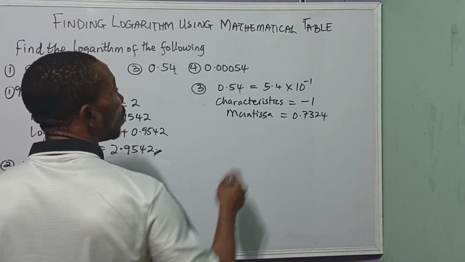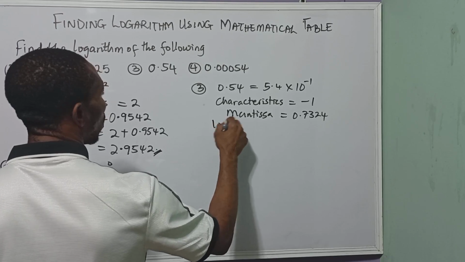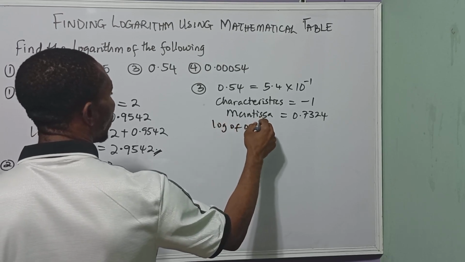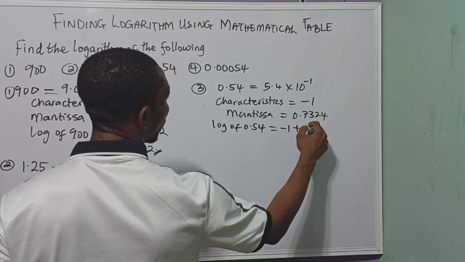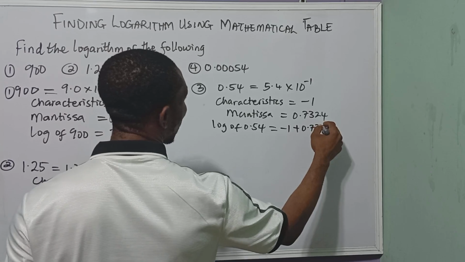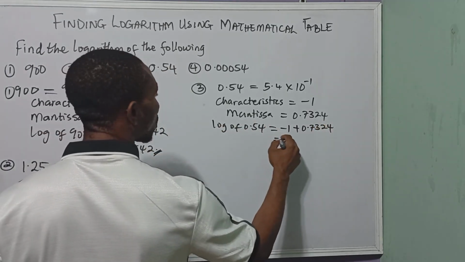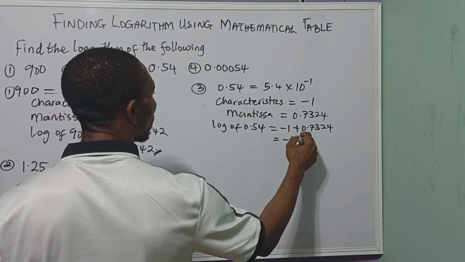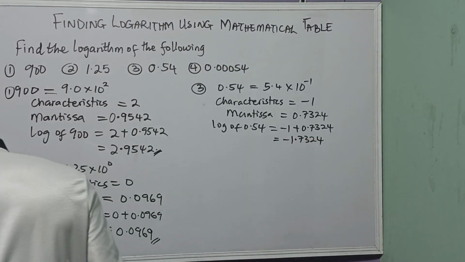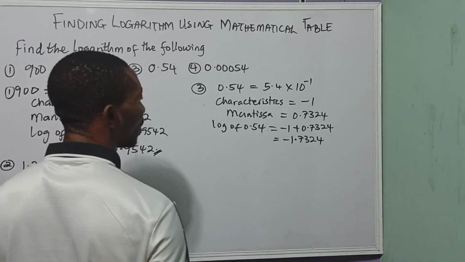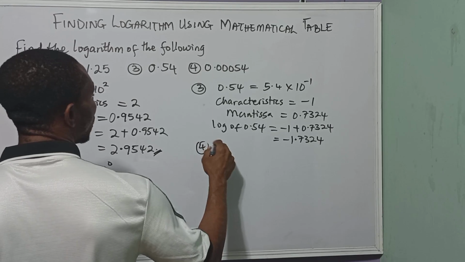Okay, now the next will be the log, adding them. Log of 0.54 would be minus 1 plus 0.7324. Okay, so this gives us minus 1.7324. All right, now having that as our answer, the fourth one will be